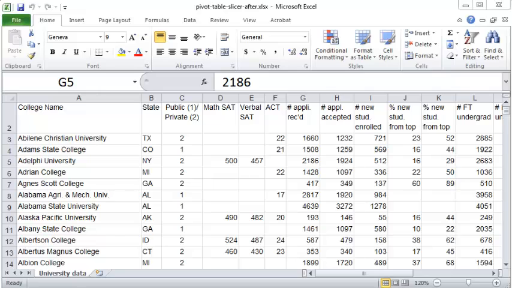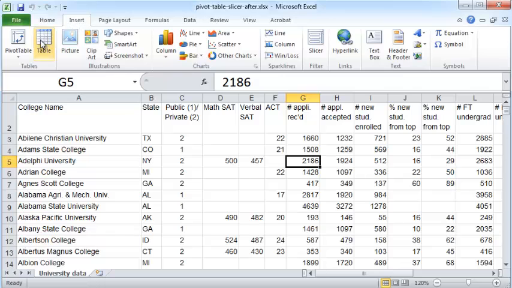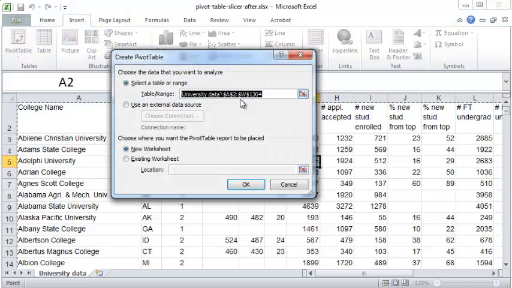Hello and welcome. In this screencast, we'll take a look at how to create, insert and format a slicer for a pivot table. Now, I assume you already know how to create a pivot table, but let me just quickly walk through the steps. So you just click inside your data table and insert pivot table and just verify that